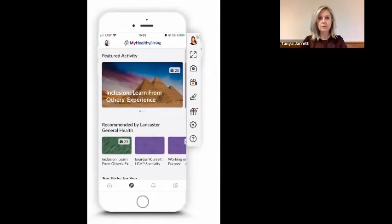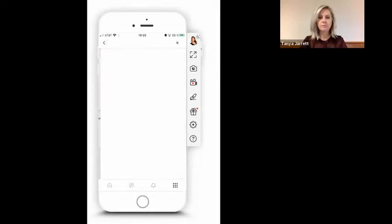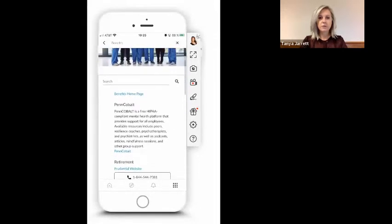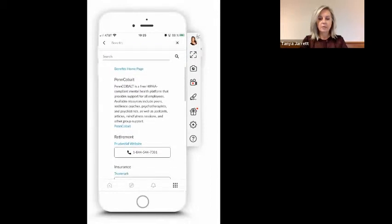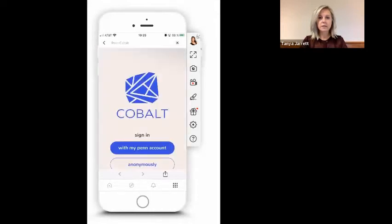Then if you go over to the little dots at the bottom right corner of the app, you'll go back to that page I showed you a few moments ago on the website where you can access your benefits. And that's right here in the middle. Once you pull up your benefits, you can see that Penn Cobalt is the first one mentioned there. And we're going to click on the Penn Cobalt link and it'll take you directly to the website,